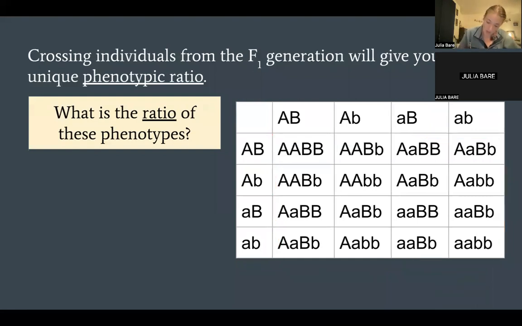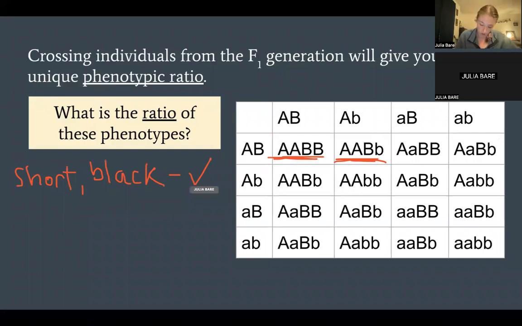All right. Big A, big B is going to give you what phenotype? This should be short, black hair. Right? Let me just double check to make sure we're looking at the dominant characteristic. All right. So big A is short hair, big B is black hair, right? Okay, that's this guy here. Next one, next to it, again, you have big A and big B. So that's going to be another